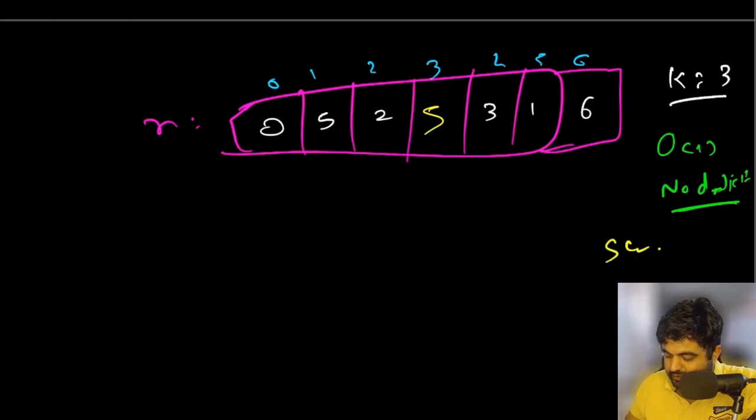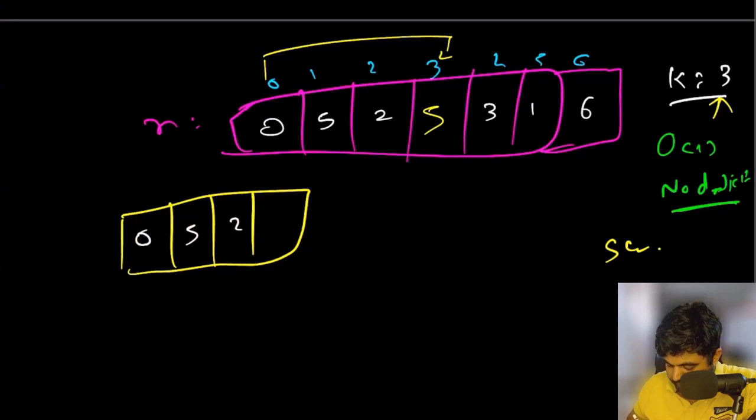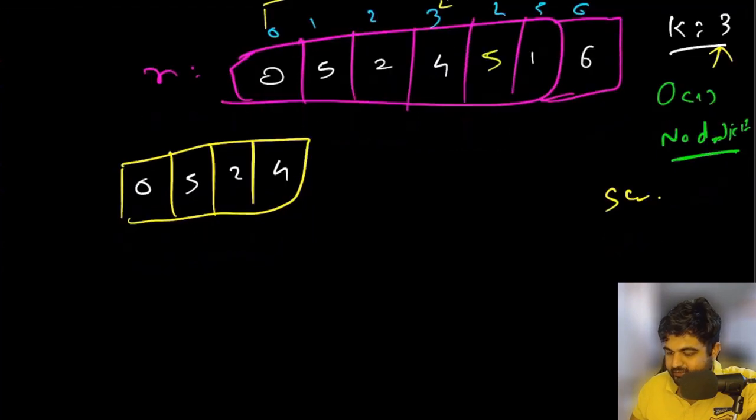Let me quickly show you. First we are given the value of k, which means we are going to create our window. Currently let's create a window of size k, starting from value number 0 to value number 5. We will have the values 0, 5, 2, and let me put down some different values here, and let me put 5 over here, and then this is going to be 4. These are the current values at the moment.